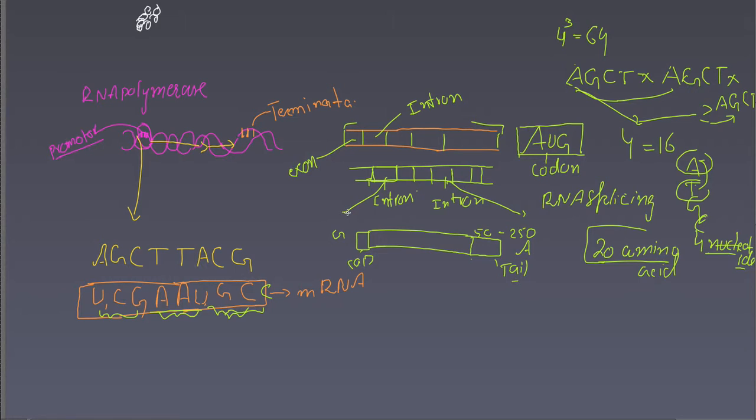Transcription occurred. So what happens is that after it leaves this molecule right here, if you want to be specific enough, we call it an mRNA molecule or a messenger RNA molecule. So it leaves the cytoplasm,